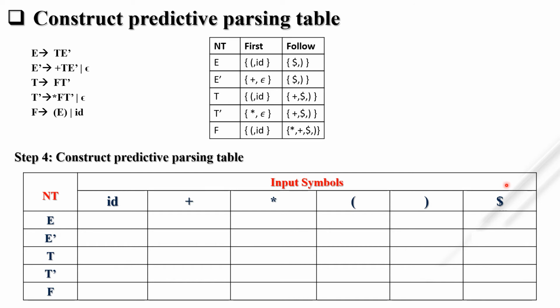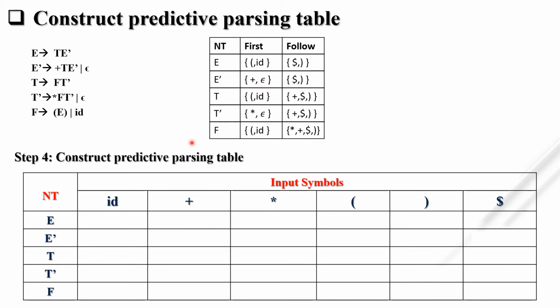Now how to fill this predictive parsing table? So first we have to see only first. If there is a null, then and only then we can see the follow. Otherwise, to fill this predictive parsing table, we have to only find first. अगर आप फर्स्ट एंड फॉलो फाइंड करते हैं और किसी भी नॉन टर्मिनल के फर्स्ट में नल नहीं आता है, तो हमें फॉलो फाइंड करने की जरूरत ही नहीं है। ये नल है इसीलिए हमें फॉलो की जरूरत पड़ेगी इस प्रिडिक्टिव पासिंग टेबल में। अगर हम फर्स्ट फाइंड करेंगे किसी भी नॉन टर्मिनल का और नल नहीं आता है, तो हमें फॉलो फाइंड करने की जरूरत नहीं है, ओके।